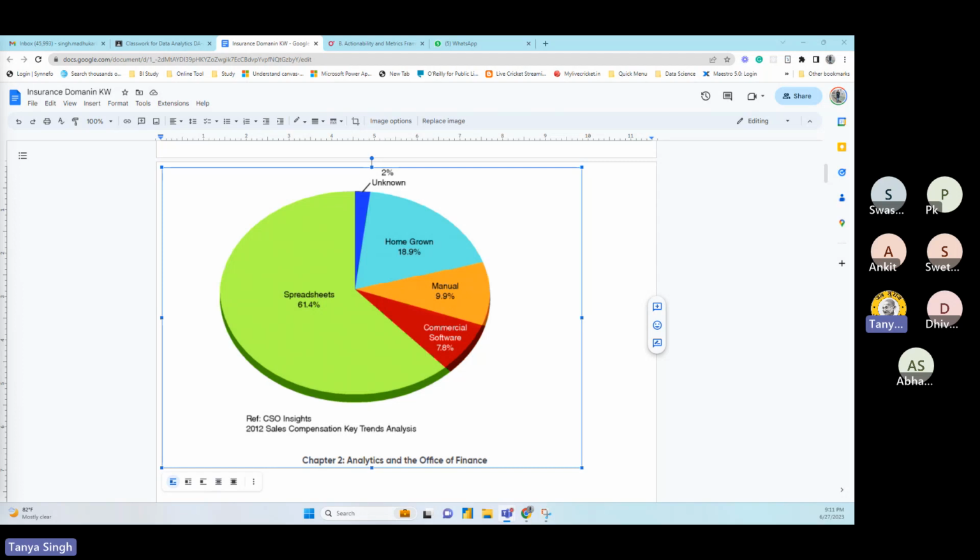Insurance in general, everybody knows, right? Because one way or another, we do have life insurance coverage, medical coverage, and property insurance also, right? So insurance is not very unknown, and I'll not go into much detail on that. But there are so many different products, or lines of business, the LOB, that they work and operate in, and there are different concepts on that. Some of them are still manual, and even if you see, 7.8%